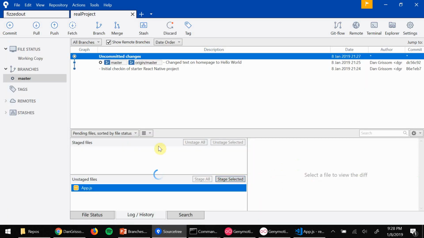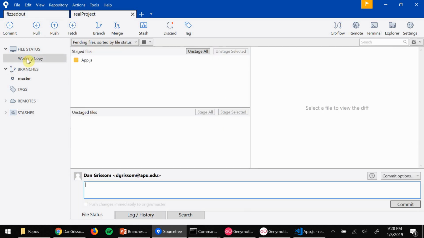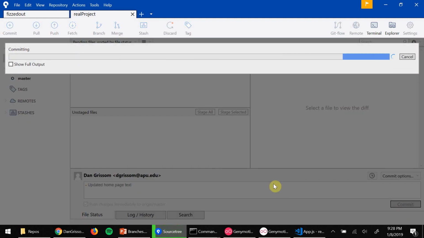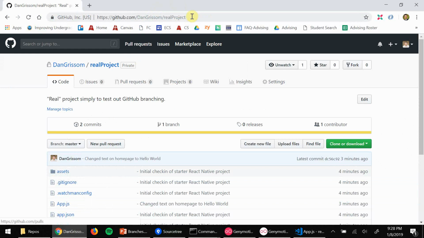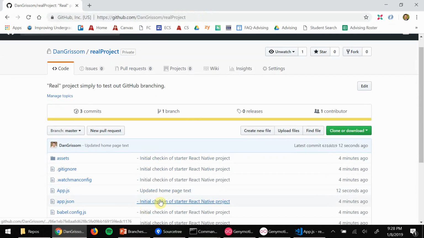And I'll just stage that file, and there are a few different ways you can do this. You can go to the working copy, and you can commit it here. So updated home page text, and typically you just want to click this push button. That way, because usually when you're committing, especially on your local branch, if it's your feature branch, then check that button, hit commit. It'll basically save the changes for you, but it'll also immediately push it to the remote server. So you'll see as soon as that's done, you can refresh this page, and now you see updated homepage text